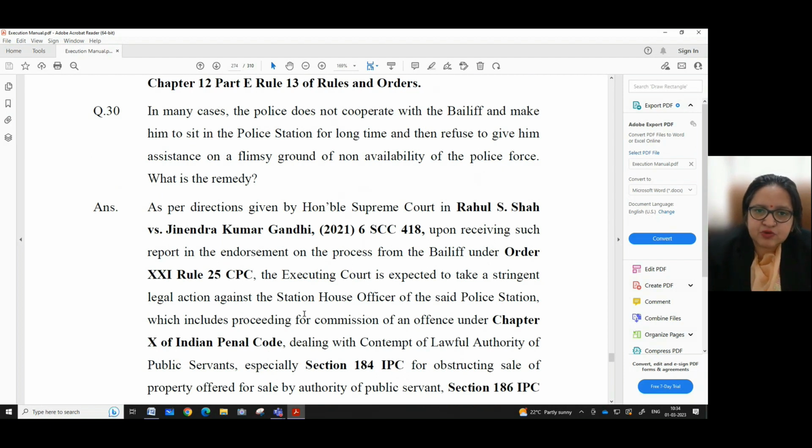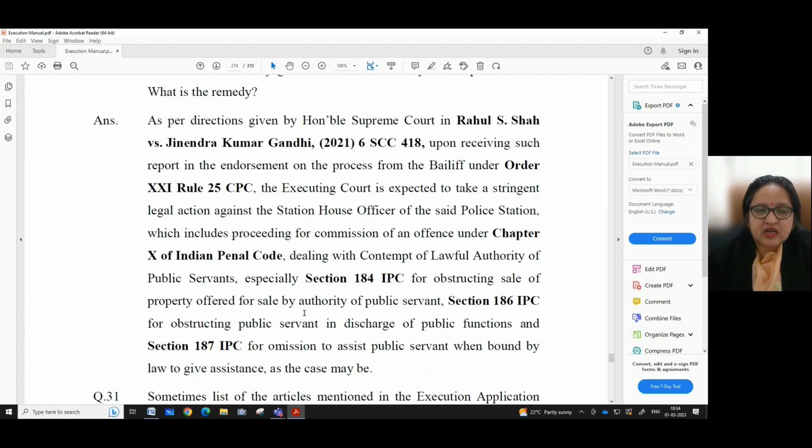Now, in many cases, the police does not cooperate with the bailiff and makes him sit in the police station for a long time and then refuses to give him assistance on a flimsy ground of non-availability of police force. What is the remedy? Now, as per directions given by the Honorable Supreme Court in Rahul S. Shah versus Jinendra Kumar Gandhi, 2021, Volume 6, Supreme Court Cases 418,